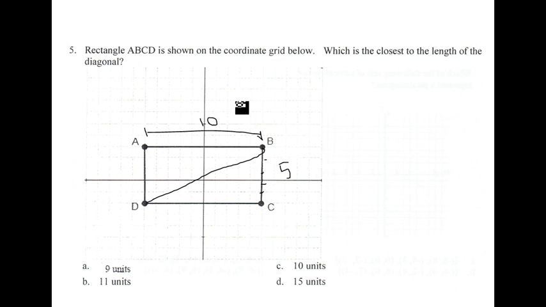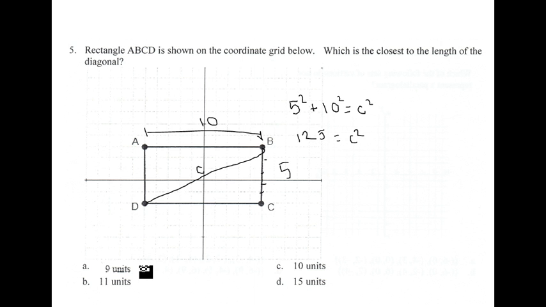Okay, so that means that our 5 squared plus 10 squared is going to equal c squared, and of course this hypotenuse of the triangle, which is also our diagonal, is c. So we have 25 plus 100, which is going to give us 125 as equaling c squared. Now, since I don't have a calculator handy, although I have a pretty good idea what this is,